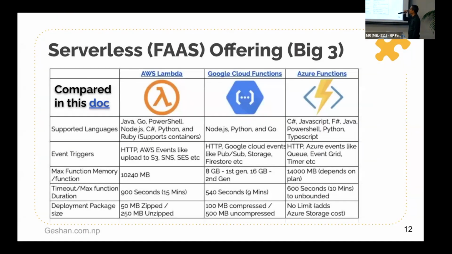Now, in terms of FaaS, of course, in the big three clouds, there are offerings like AWS Lambda, which I already mentioned. Google Cloud has Google Cloud Functions. Similarly, Azure has Azure Functions. But depending upon the type of platform that you're talking about, for instance, you might not be able to run Rust on Google Cloud Functions. But if you need to run anything that's more than 15 minutes, probably serverless is not the way, or function as a service is not the way to go.